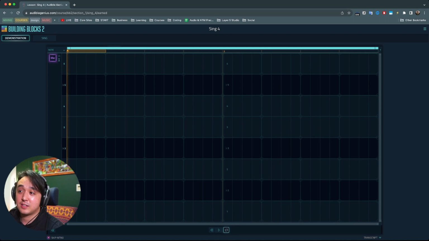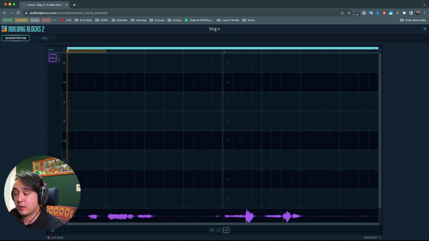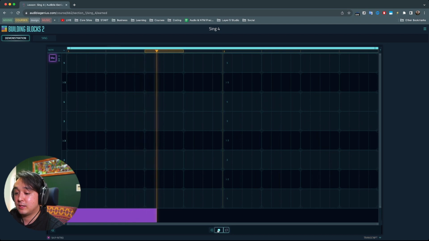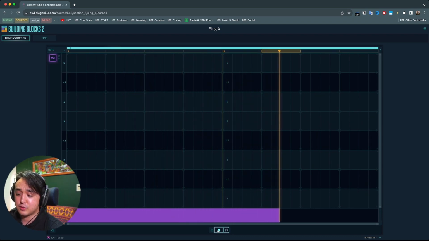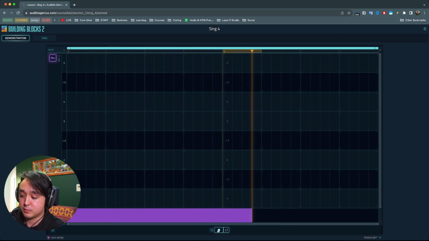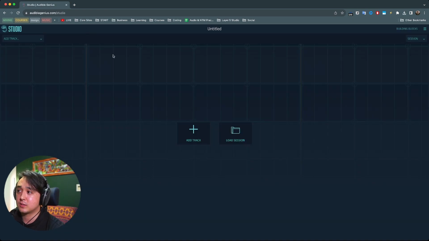In that regard, the singing lessons are kind of similar, where you have to sing something, and it records you within this program, and you recreate that on the grid here. That's one of the exercises you can actually use when you're outside of this program and trying to produce music on your own. So another section of this course allows you to have a mini music production area